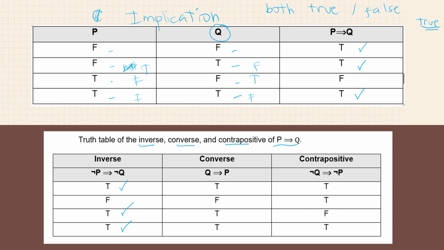Converse, if Q, then P. So, mauuna yung Q. So false false pa rin, pareho pa rin sila, it's still true. Then ang magiging conclusion here will be false, that's why it's false. Then the third one, magiging conclusion is true, that's why it's true. Then the last one, they're both true, that's why it's true. Contrapositive, so the first one will still be true because they're the same, both false.